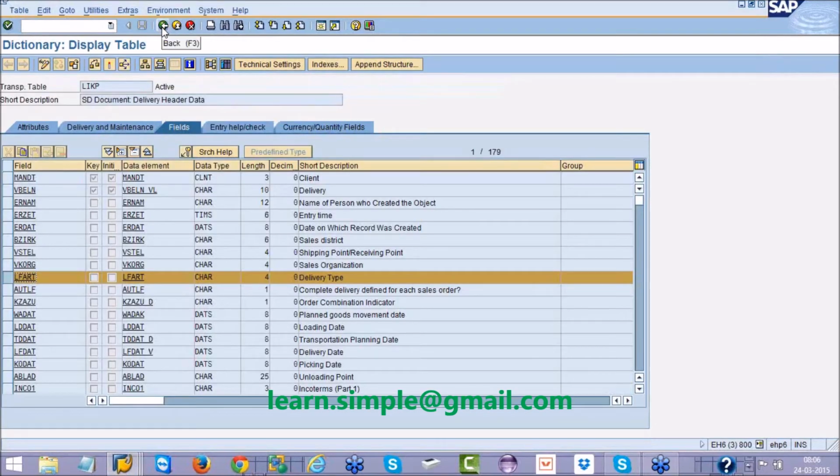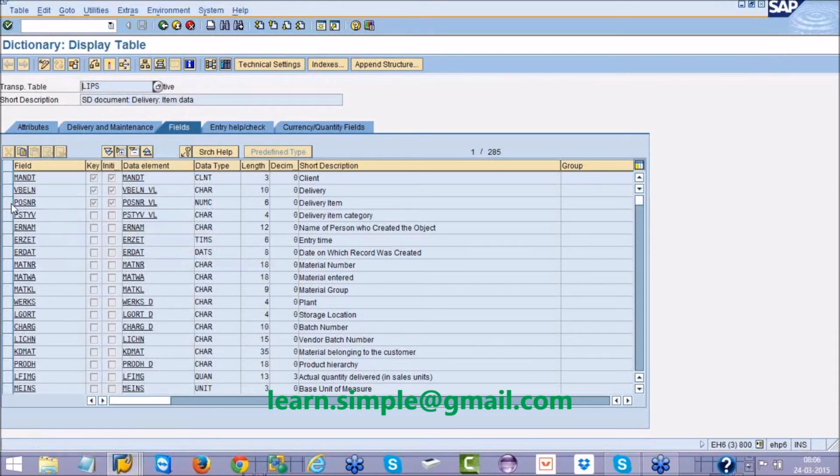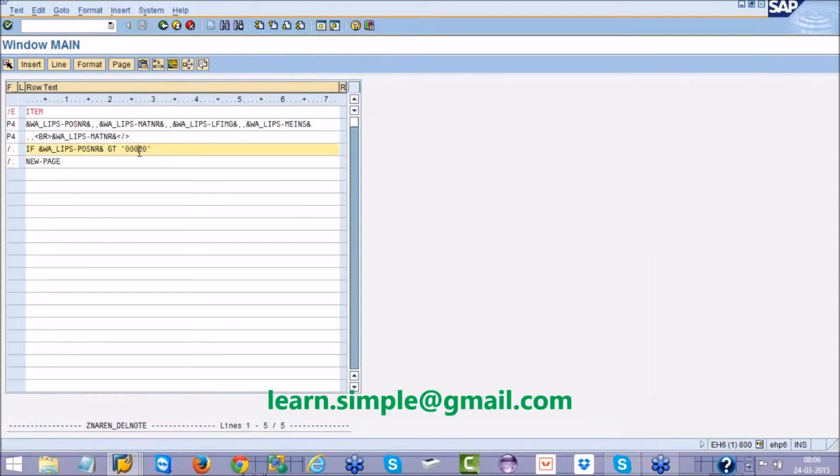Item number is available in the LIPS table. POSNR, you can see there are 6 digits in this. It's a numeric of length 6. So you should provide here 4 zeros 20. So if your POSNR is greater than this, go to the new page.